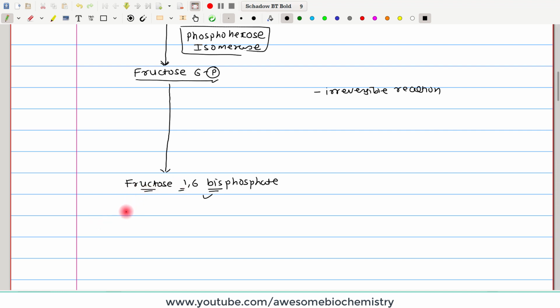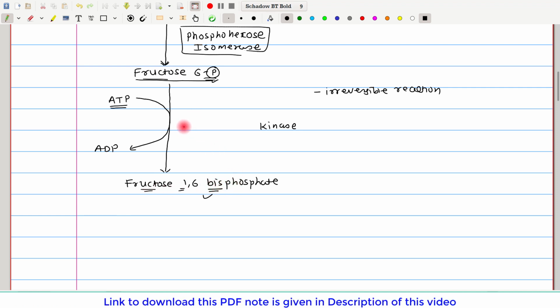So, from where is this phosphate coming? This phosphate is also coming from ATP. So, ATP loses its phosphate and itself gets converted to ADP. Now, I told you the rule in the first step that whenever ATP is involved in the reaction, we label such an enzyme as a kinase. Now, what kind of kinase is it? Here you can see that it is a fructose which is phosphorylated at one. We call it phosphofructo. Here also fructose is phosphorylated at one. So, here also it is phosphofructo, right. So, this enzyme is labeled as